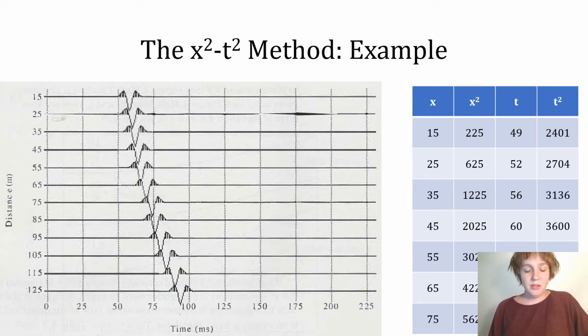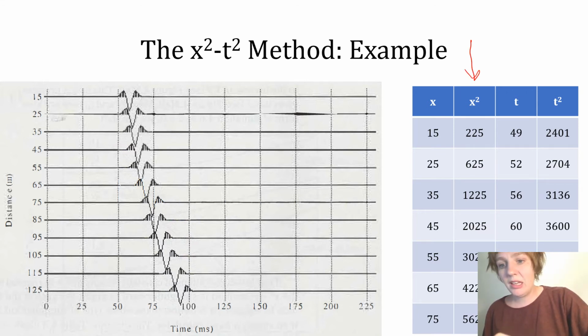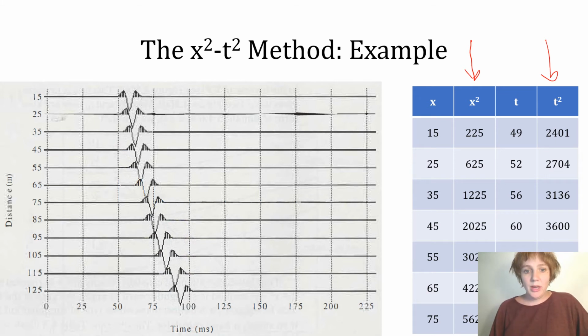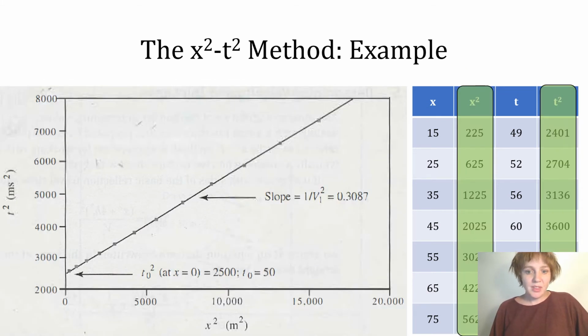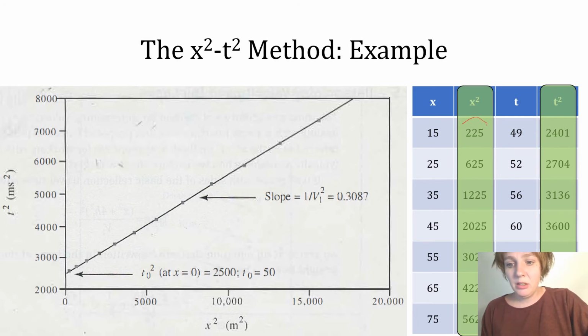And so on down the line. And now I have all of the x squared, t squared values that I need, so I can go ahead and plot those. And I get this plot, right? So just to double check that our numbers look good, obviously if you had created this plot on your own, you would know the numbers are good, but to convince us that we've done this right, I'm gonna double check